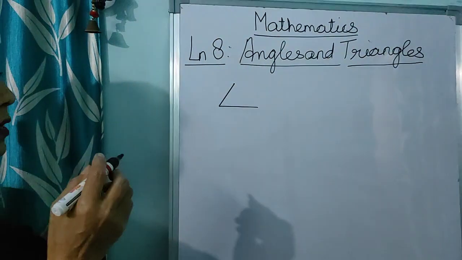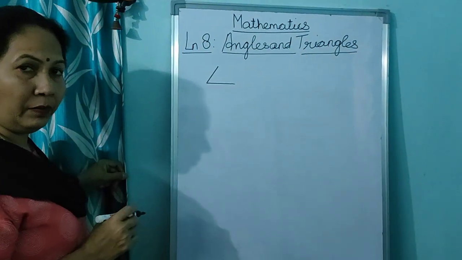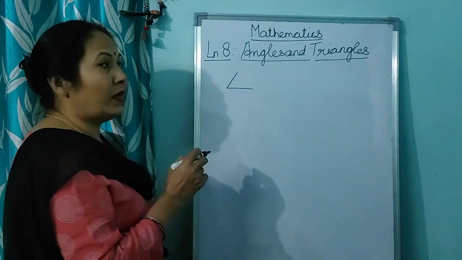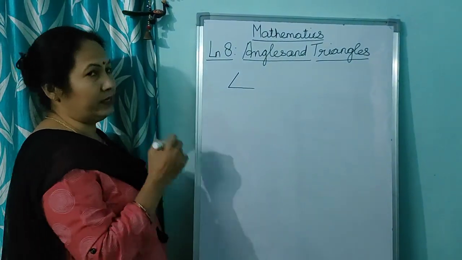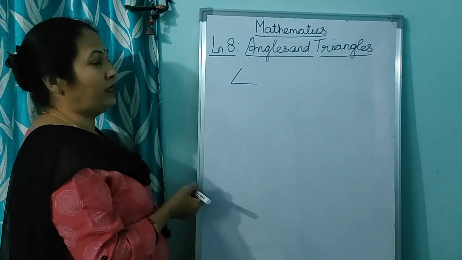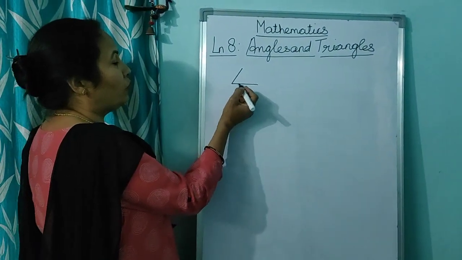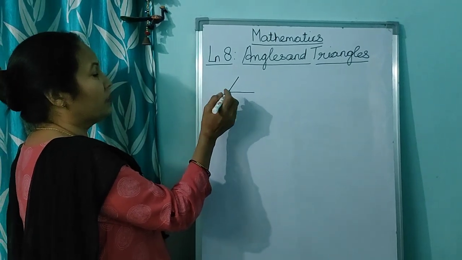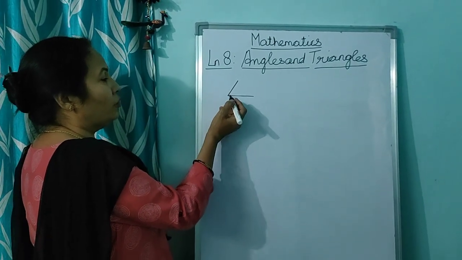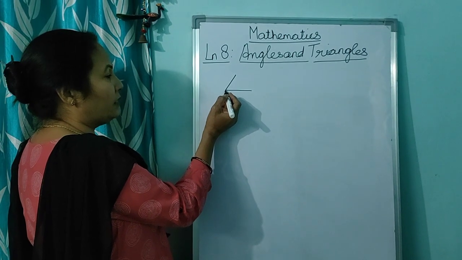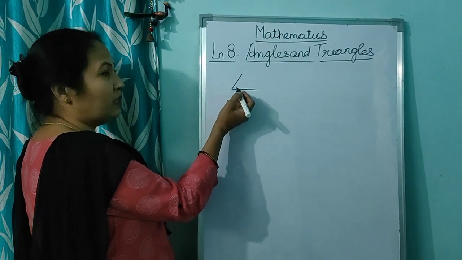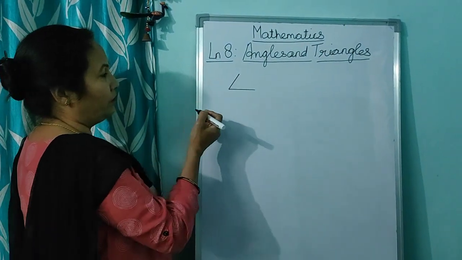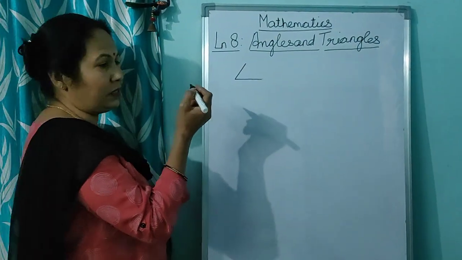Now each angle has a name and each angle has two lines and a vertex. I am going to explain you. Now first, when you draw this line, you can take any measurement. After that, you will place your protractor here and you will measure whatever angle you have to draw and you will draw the line. Now children, you are going to name the angle.